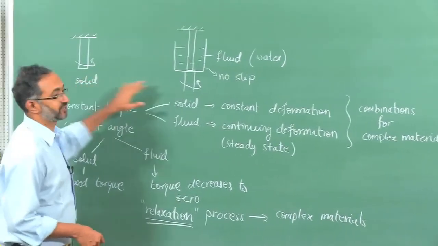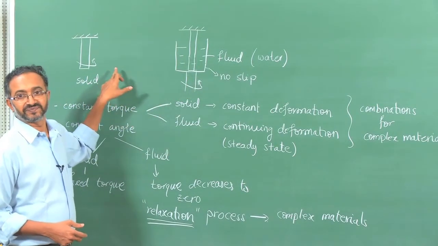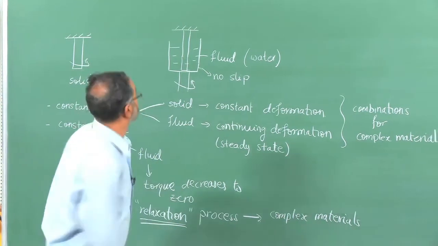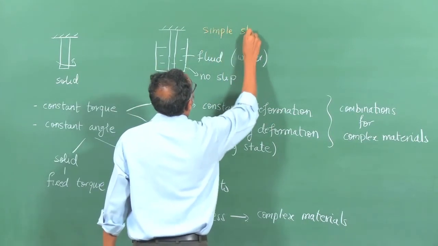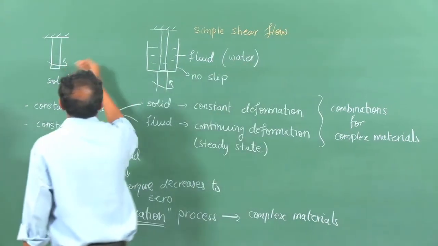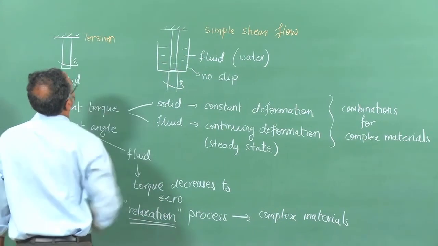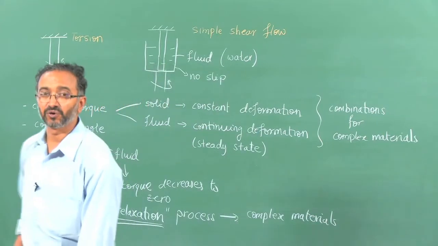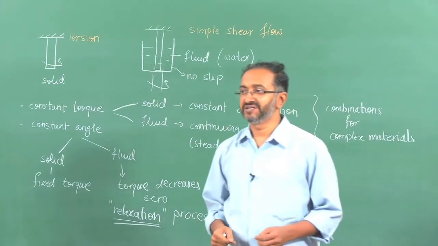In this case, what we are doing is shear. In this case we call it torsion, right. So what we are doing here is a simple shear flow, and what we did here was torsion of a solid rod. Given that more often than not in our course we will be dealing with fluid-like materials, what we